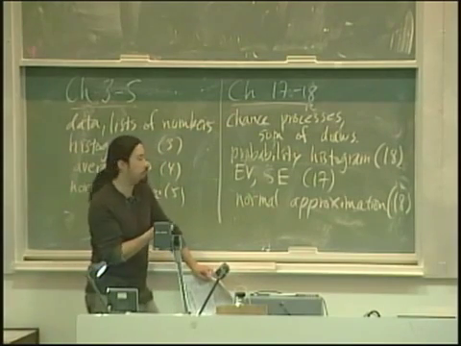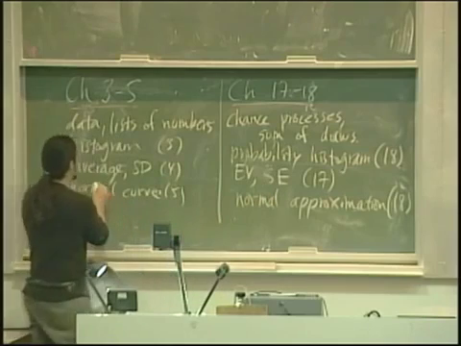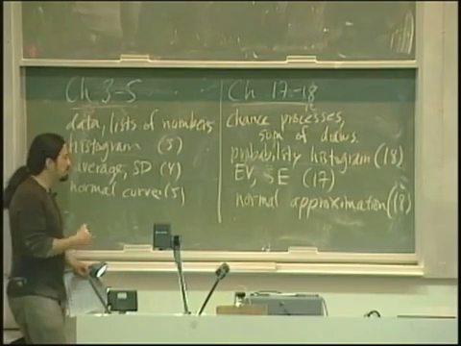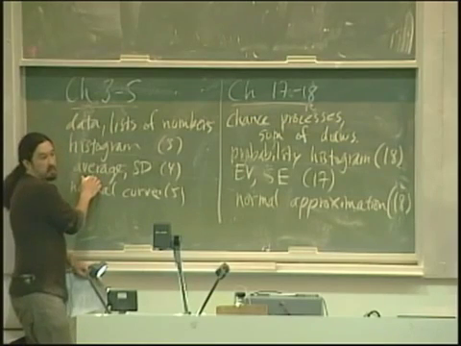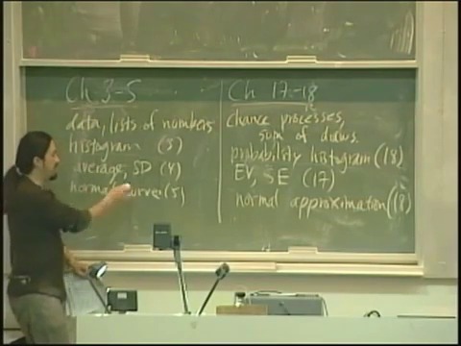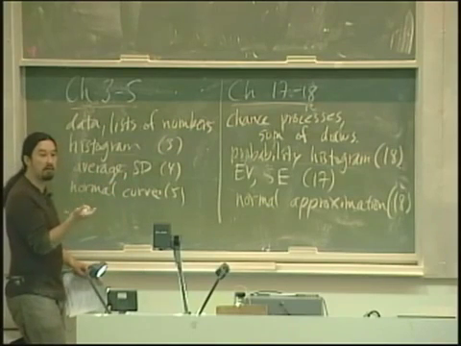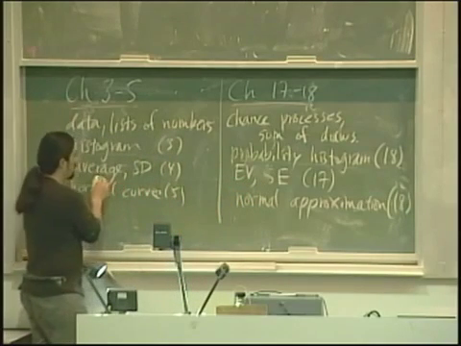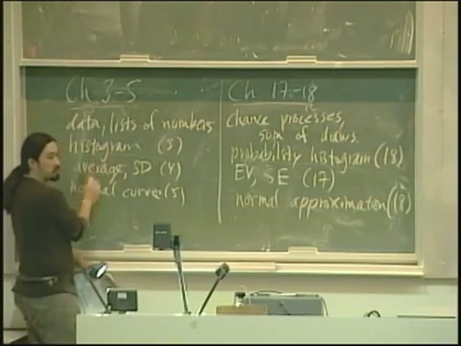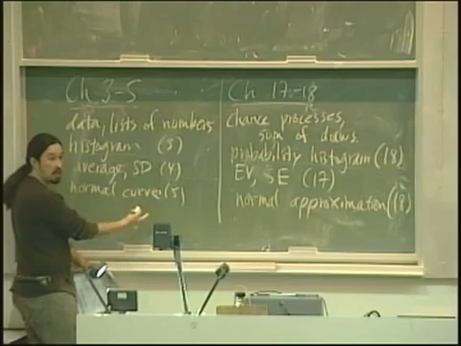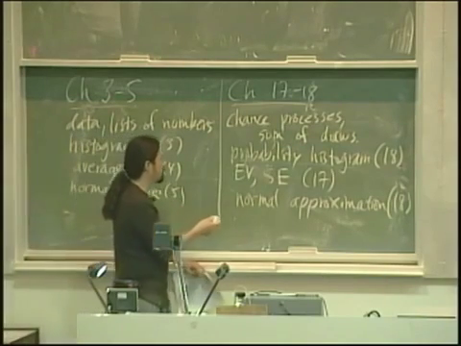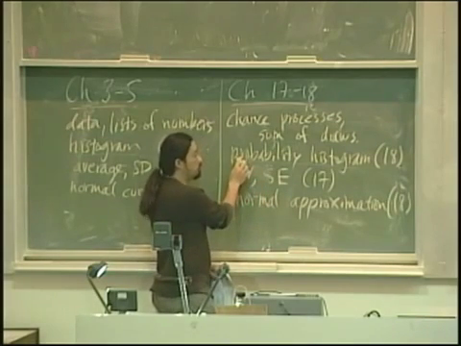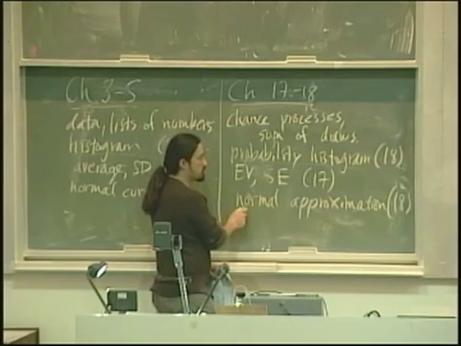Okay? And that sounds very similar to what we talked about with average and SD at the beginning of the class. Average is the center, a typical height for someone, and SD tells you about how far off you might be from that typical height. And we have the same idea here. If you know the average and the SD, and you know the histogram looks like the normal curve, you can do a bunch of stuff in chapter 5. So there's a similar structure here. If you know the expected value and standard error, you can calculate it based on your box model. You know the probability histogram looks like the normal curve, you can do normal approximation.